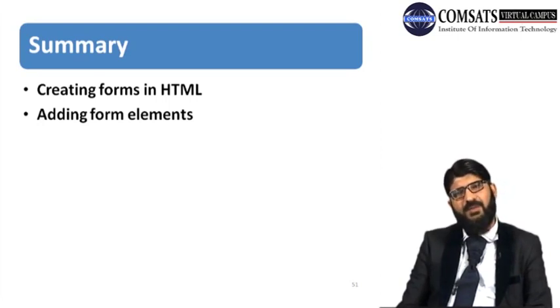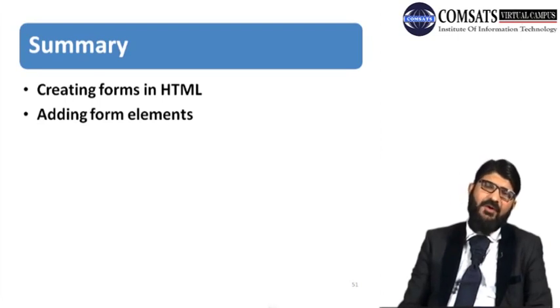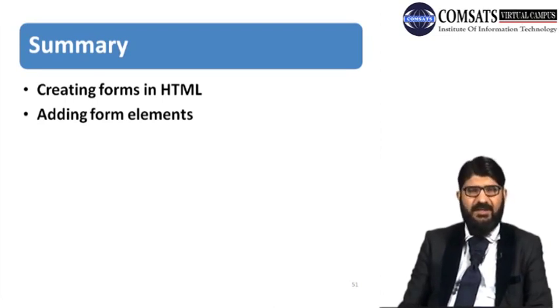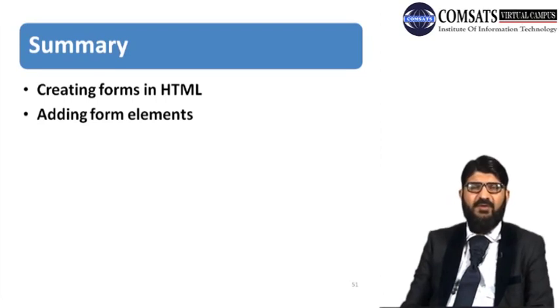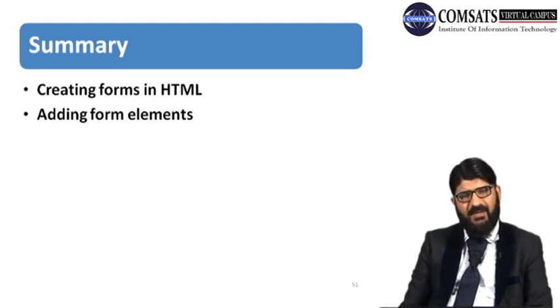And then we have seen checkboxes. Checkboxes are used for taking multiple values from the user, and by default you can also make one option checked. And then we have studied the radio button, where we can select one option between two options, and by default you can also provide an option to be selected. So a radio button is suitable when you want to select an option between two choices.